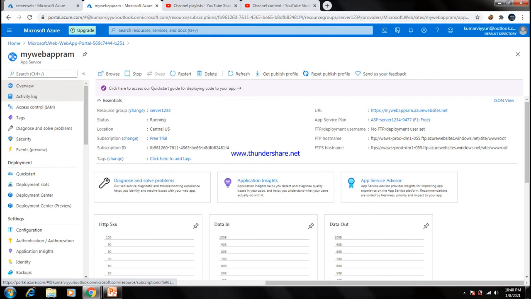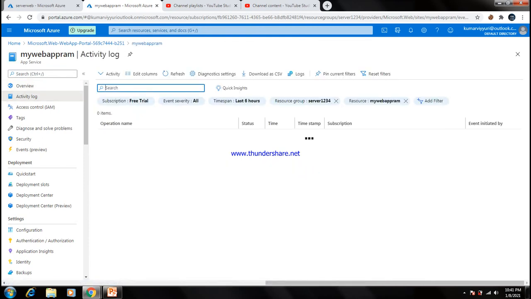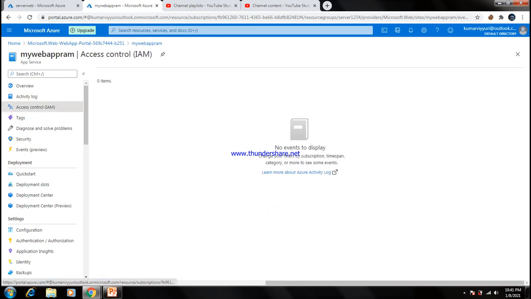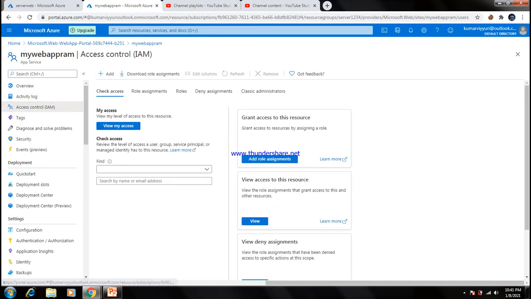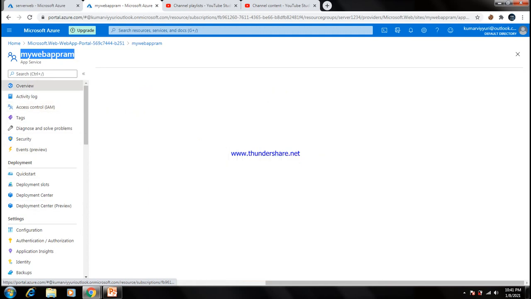In the activity log, you can see the activity log of your app service, but now it does not have any activities. Access control also: whoever wants to access this particular application, my web app RAM application, you can give the access control. There are n number of services.